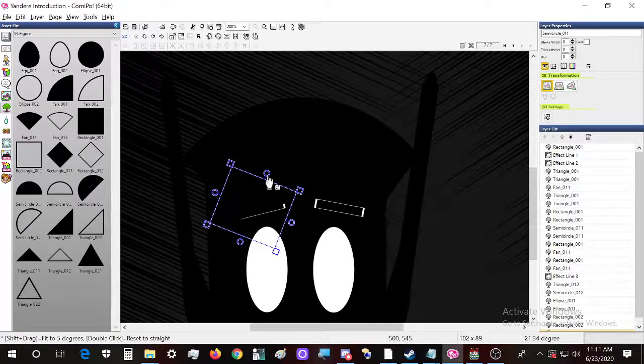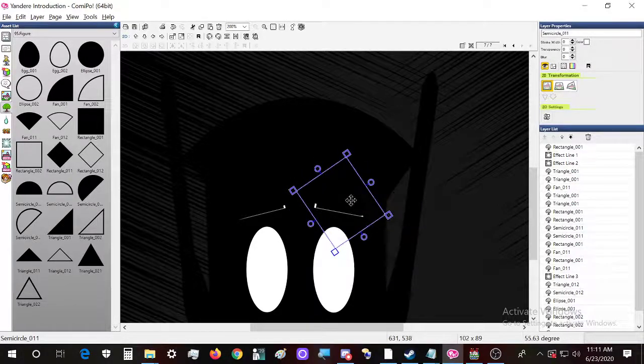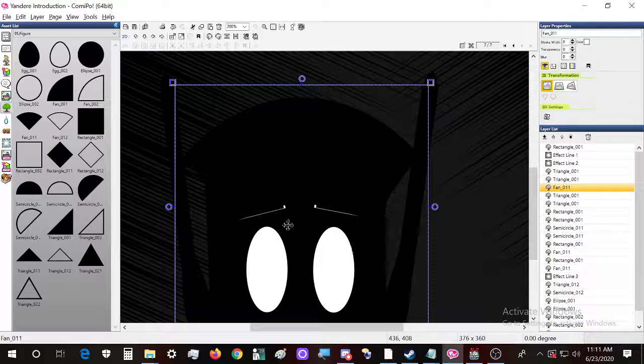We can hide even more of that. Now we create another one in here that we use to hide the other part in here. And we add it like here, and it looks like two eyebrows.